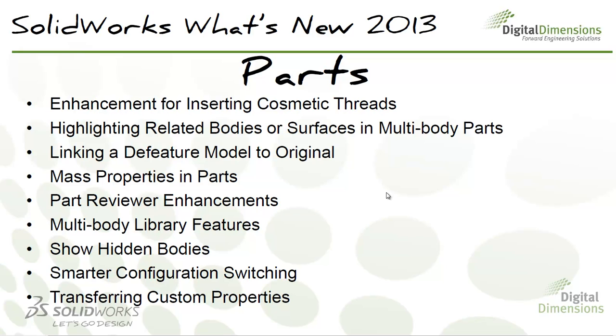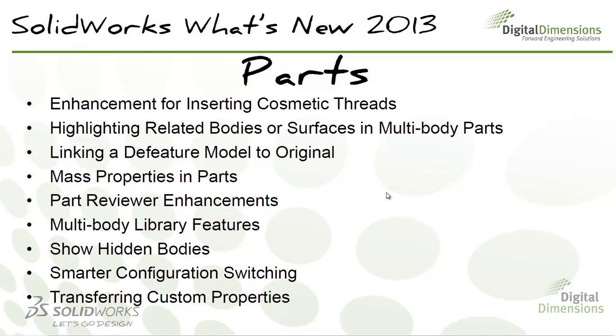Before it had to be a single body part to create a library feature. Next I'm going to be going over how you can show a hidden body, very similar to the same command called show hidden components. Now there's a show hidden bodies at the part level. Next I'm going to be going over how you can quickly switch from one configuration to another by storing data